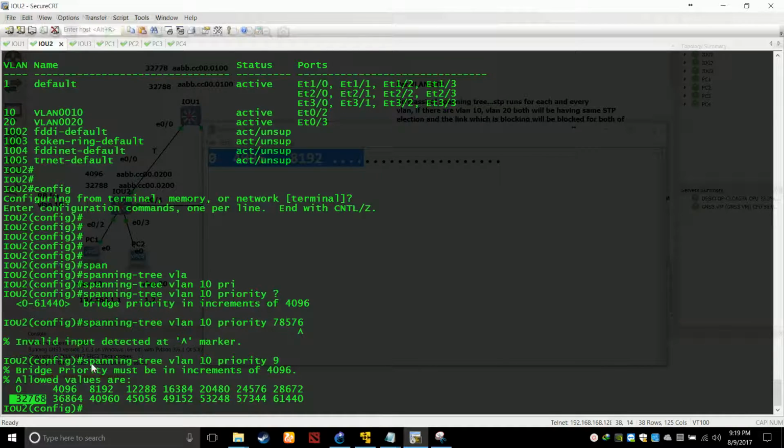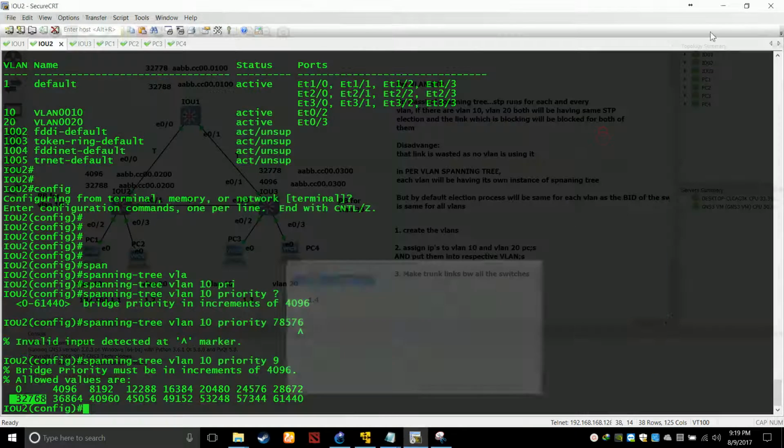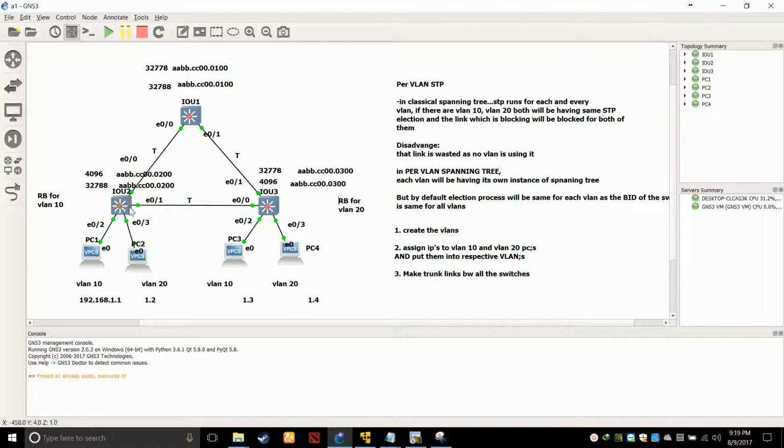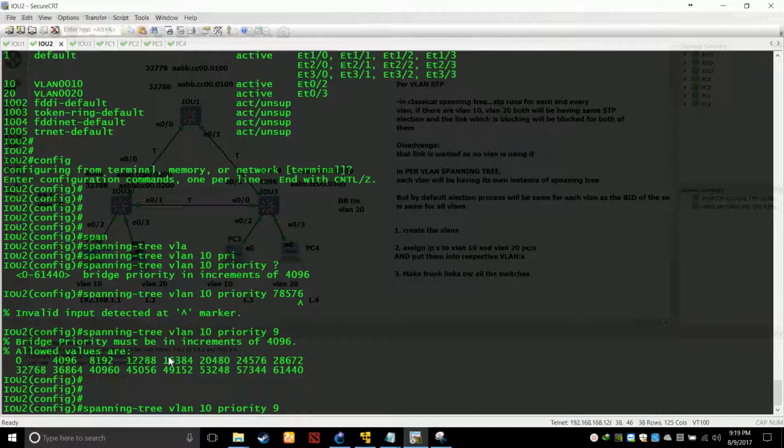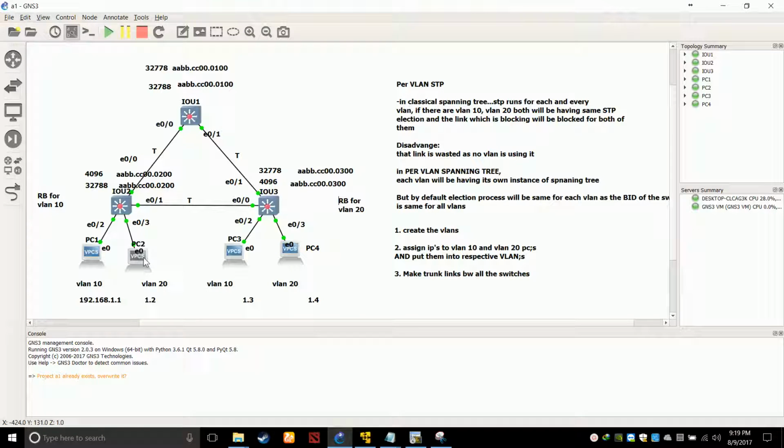So what we'll do on this switch, we want to make him the king for VLAN 10. So for VLAN 10 we will decrease the priority to 4096. Just think of it like this. The command is: I want to change the spanning tree priority for VLAN 10. If I do this for VLAN 10 and 20 both on this switch, you know what will happen?